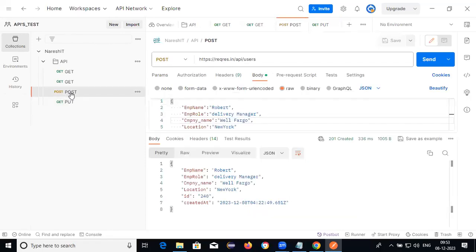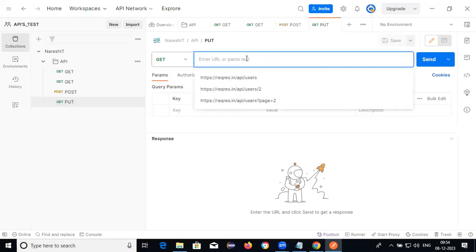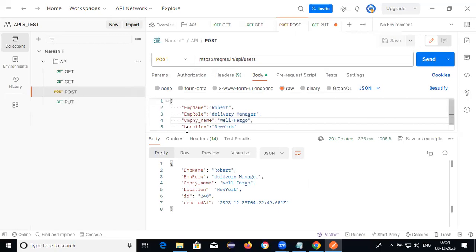This data I need to update. Copy this URL and provide it here. What is the employee ID? 240. Okay. And you need to provide the complete data from the body here.